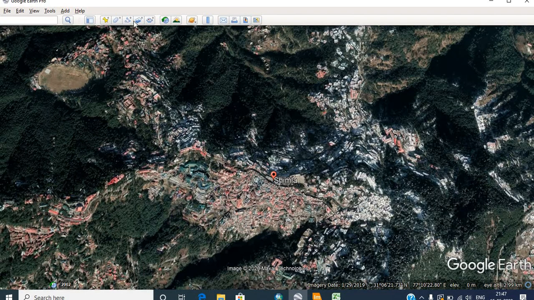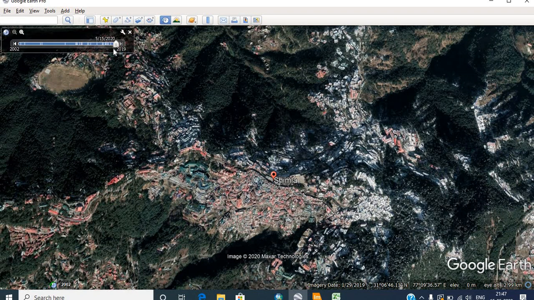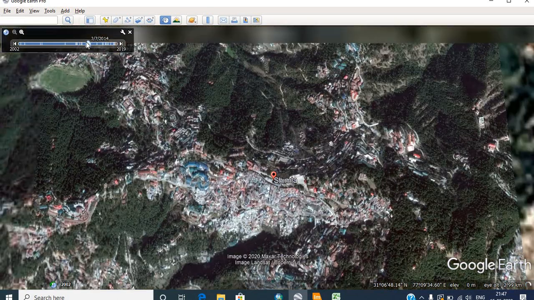There are many options given on the taskbar. For example, this show historical imagery. If you click here, you will come to know that multi-temporal images of the area are available.